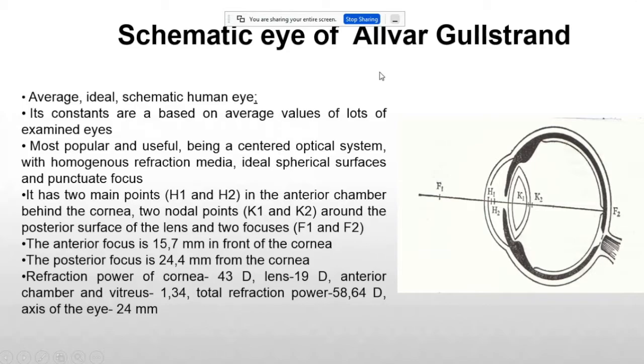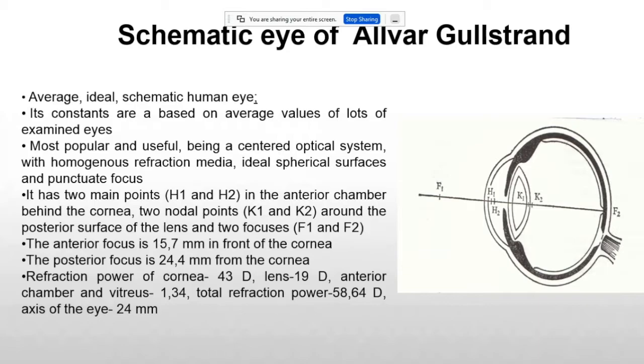So we are discussing the physical qualities of the eye apparatus, and in order to study these parameters, based on the examination and study of lots of examined eyes, some schematic eye models are created which represent one average ideal human eye. One of the most popular and useful is the Gullstrand